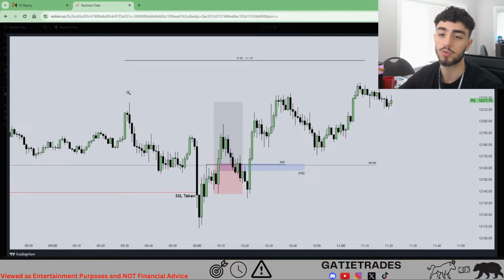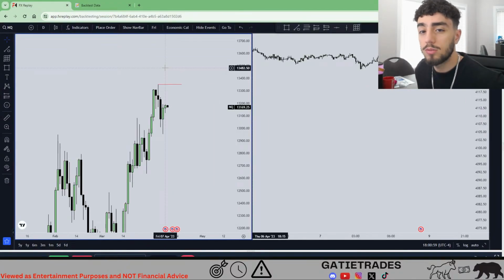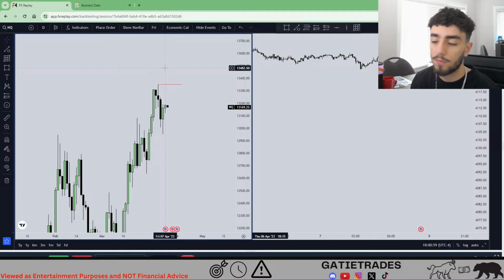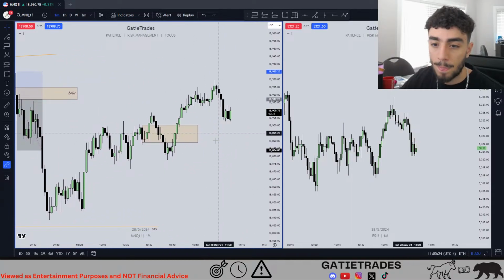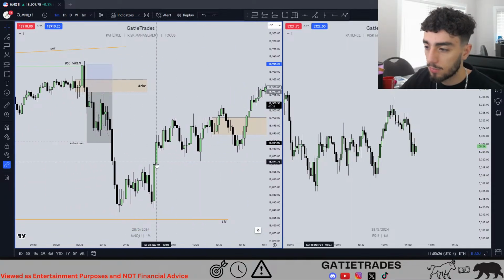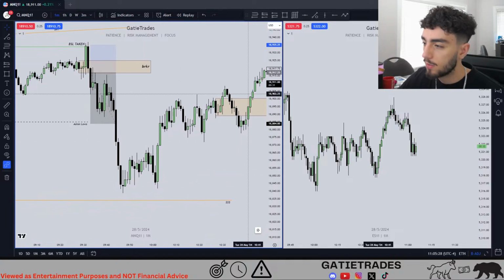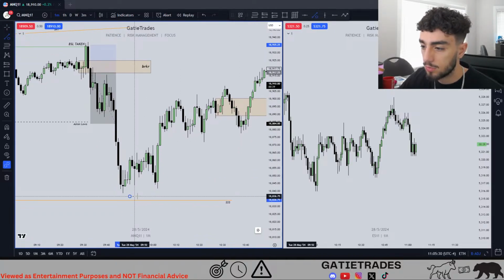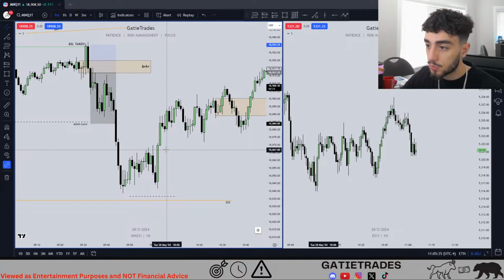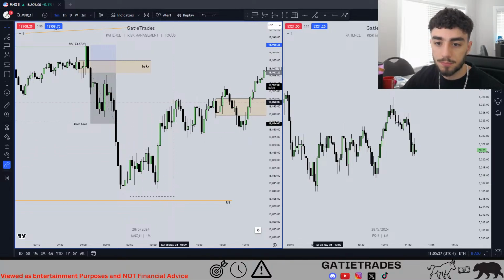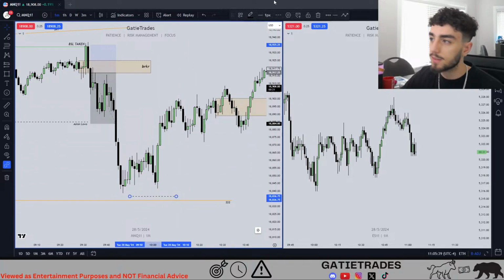In terms of macros in 2022, listen, the macros are just a confluence. That's how I use them. Macros means price is going to move. Most likely, it'll move at a certain time, not every time. For example, look at this macro, 9:50 to 10:10. As soon as 10 a.m. hits, we start moving. I guess that's that.